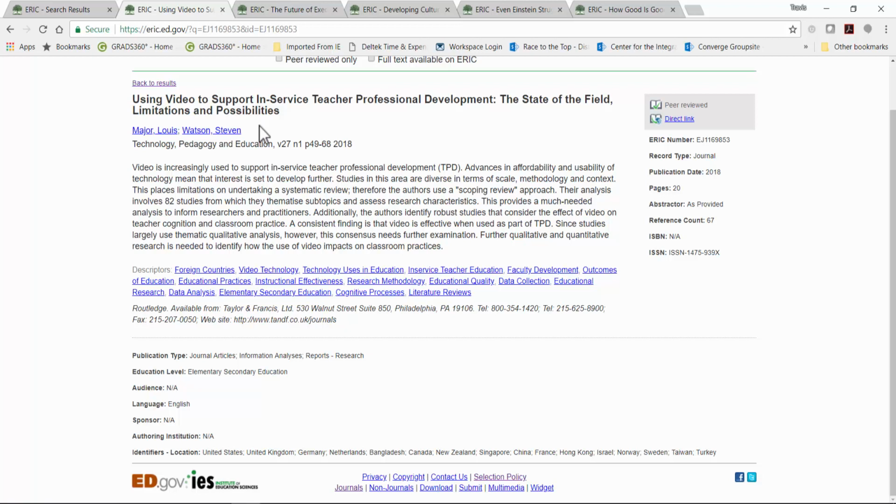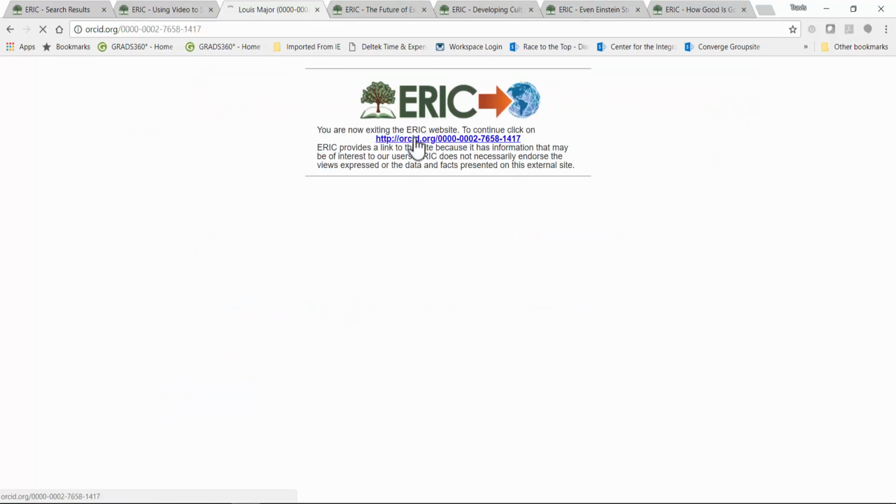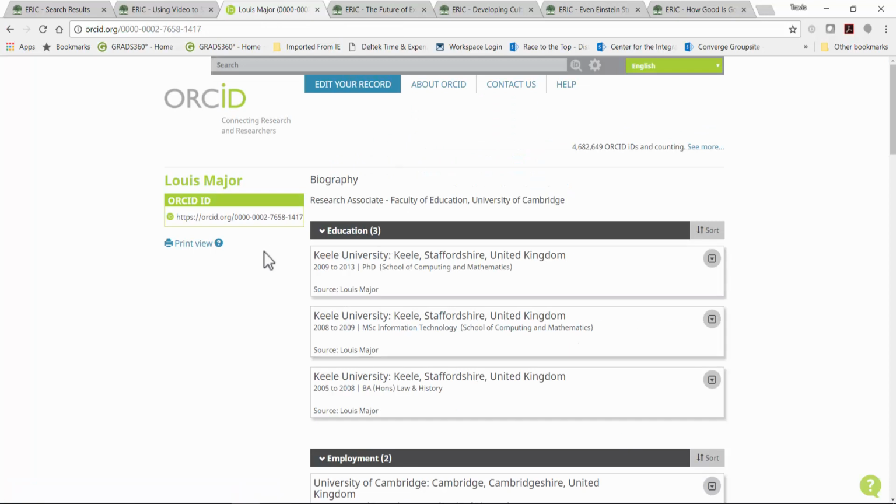If this happens, you can click on the author name, and you'll see that you go outside of the ERIC record to a third-party provider, in this case ORCID is the provider, that links to a BioSketch page, which also includes a list of additional works by this same author. This can be really helpful in discerning authors who may have more common names, and you want to make sure you're looking at the person you actually want to look at.